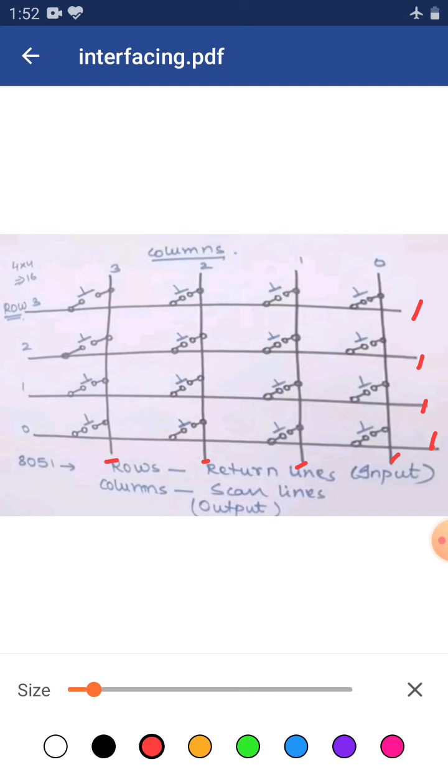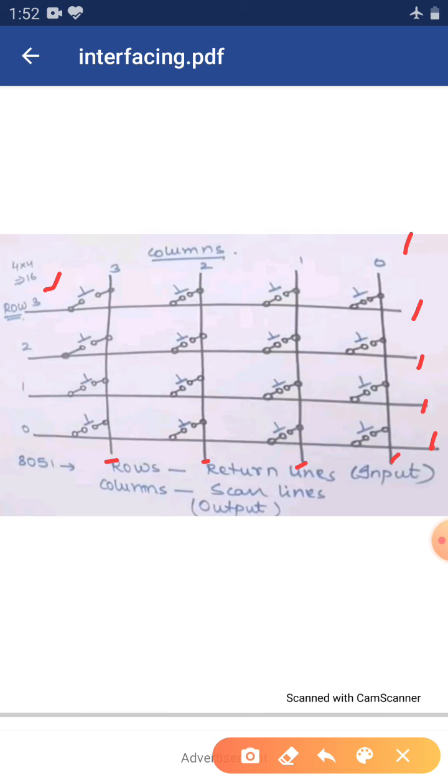Here we are taking a 4 cross 4 matrix and it is showing 16 values, 16 keys to press, defined from 0 to 15. Now, rows are called return lines, these are input lines, and columns are called scan lines or output lines.